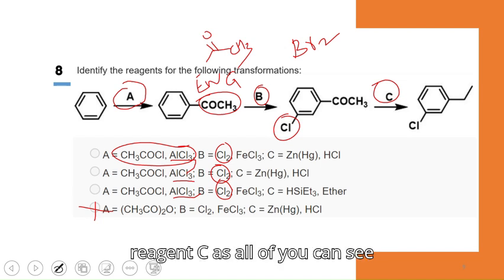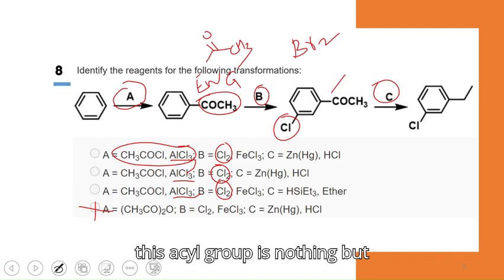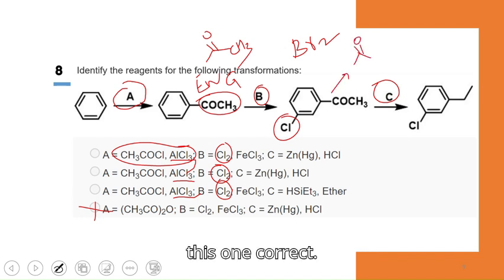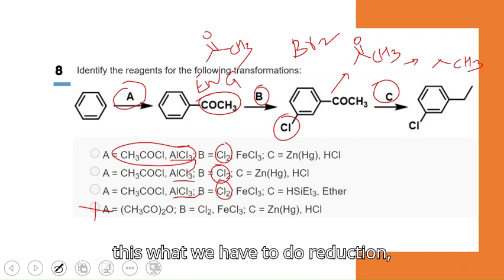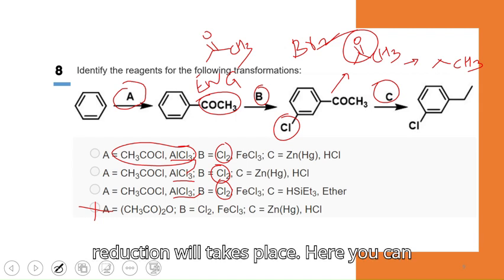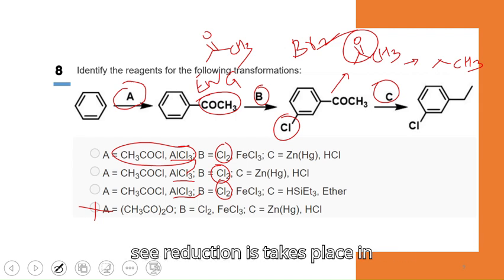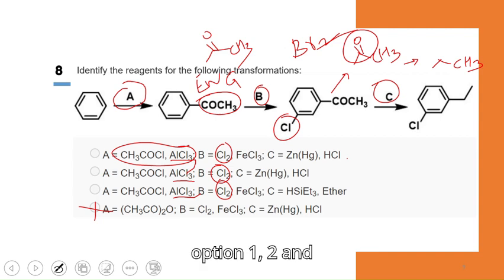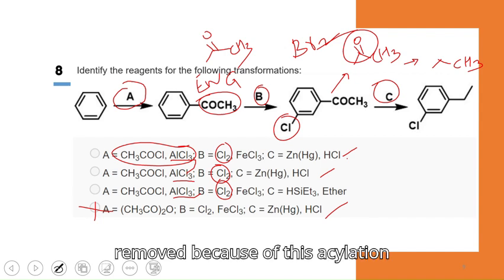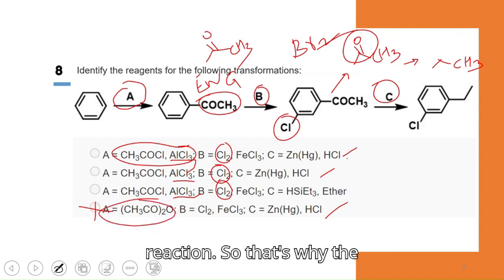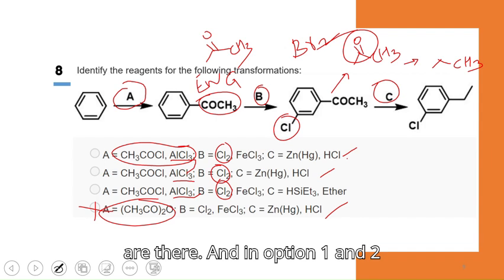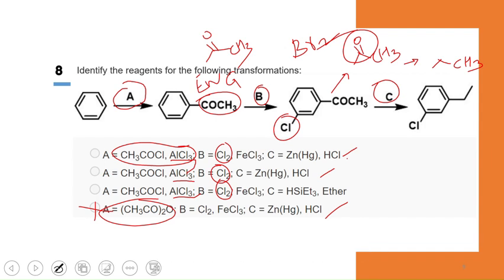So in this reagent C, as all of you can see, this acyl group is nothing but this one, correct? To make this into this, what do we have to do? Reduction of the carbonyl group, right? So reduction will take place. Here you can see reduction takes place in options 1, 2 and 4. The 4th is already removed because of this acylation reaction. So that's why options 1 and 2 are there, and in options 1 and 2 the correct option is